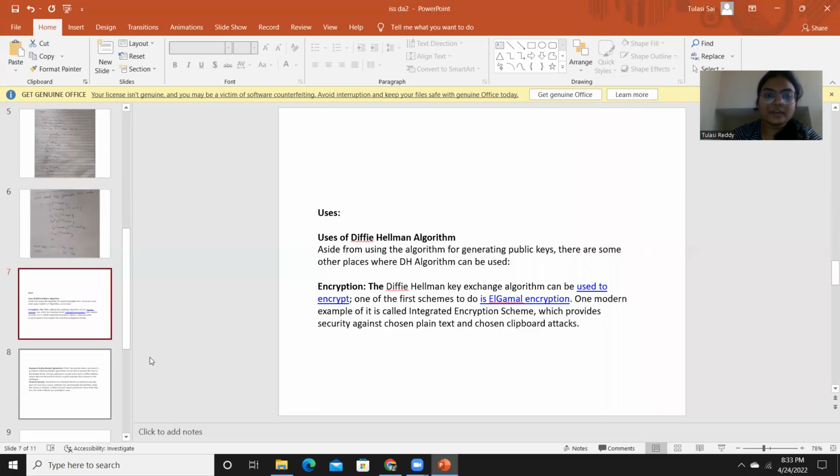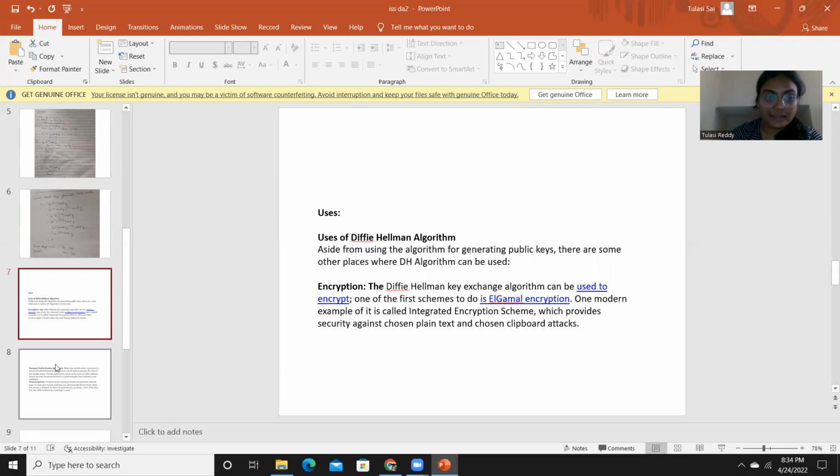So I'll be telling the uses of this particular algorithm. Aside from generating public keys, there are some other places where the DH algorithm can be used. The Diffie-Hellman key exchange algorithm can be used to encrypt. One of the first schemes to do this is ElGamal encryption. One modern example of it is called the integrated encryption scheme, which provides security against chosen plaintext and